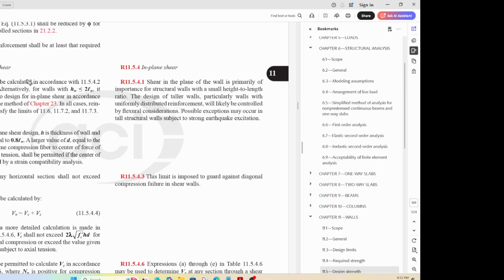But there are certain limits. Now if it is a beam, you know what the reinforcement is, you know your effective depth there, and you know your BW, so you know the shear area and all that. But when it comes to a wall,